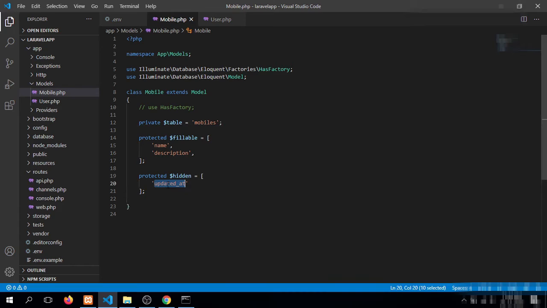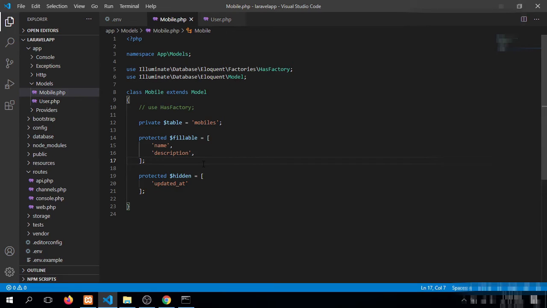Hidden means in this particular array, if we add some of the fields of our table, these particular fields will not be returned in our queries, like select asterisk from table name where id equal to xyz or so on. If we apply asterisk, still we will not get this particular field because we have added this particular field in hidden array.